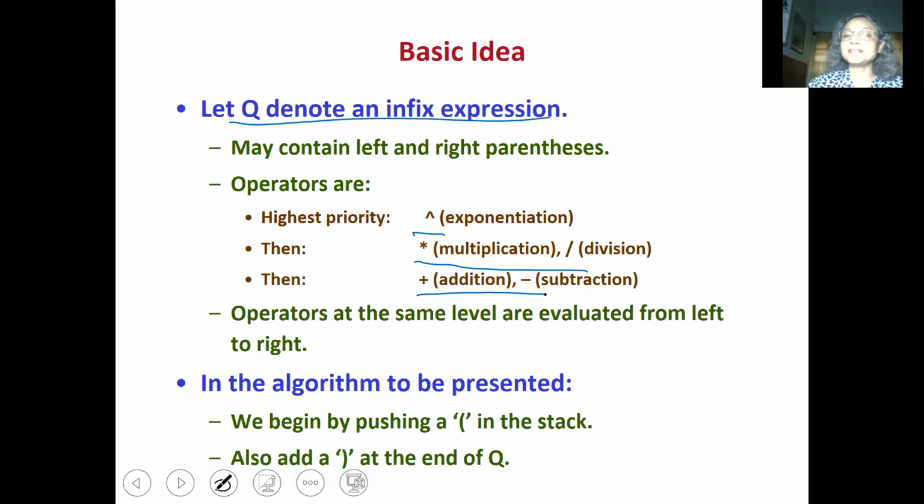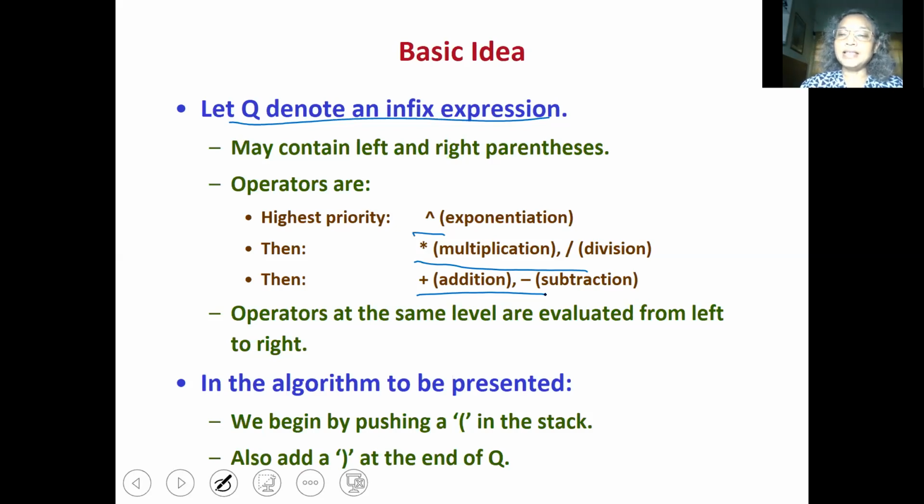At the same precedence level, if we have more than 1 plus or minus, suppose you have 1 plus 1 minus, or 2 stars, 3 divisions, then within the same precedence level, the operators are evaluated from left to right. So therefore, to evaluate this expression in the infix form, we have to scan the expression at least thrice. Okay. Now we will show how an infix expression can be converted to the postfix.